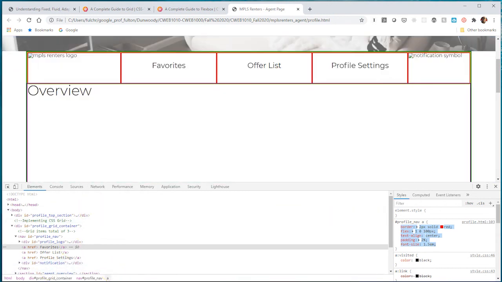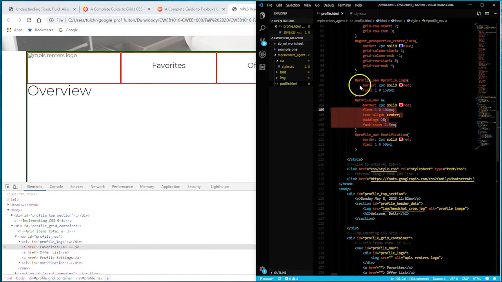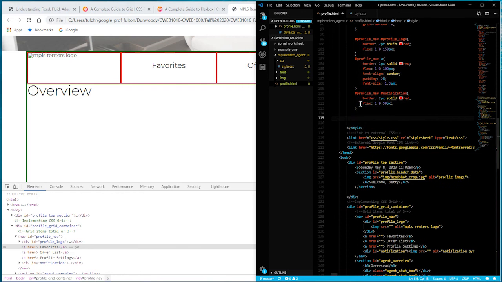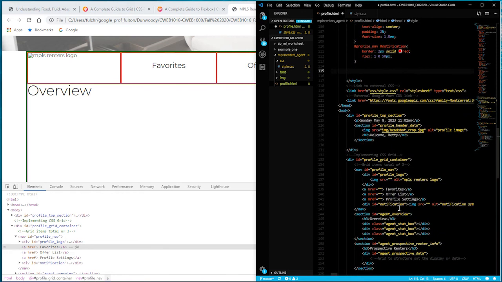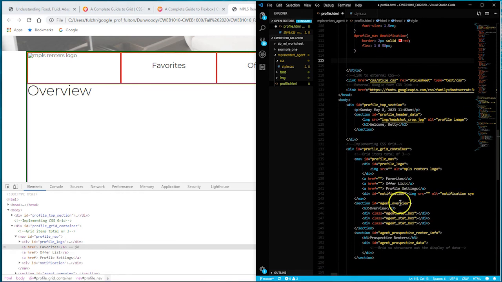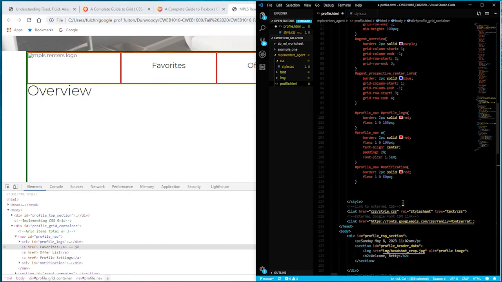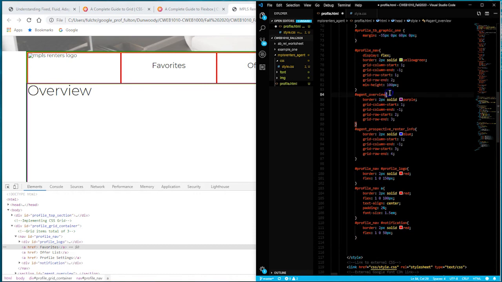Let's go back to our source code, and let's target and create some style rules here for the overview section. So let's first implement Flexbox, make this a Flex container. So this section ID agent overview, let's make it a Flex container. The way to do that is put display: flex,